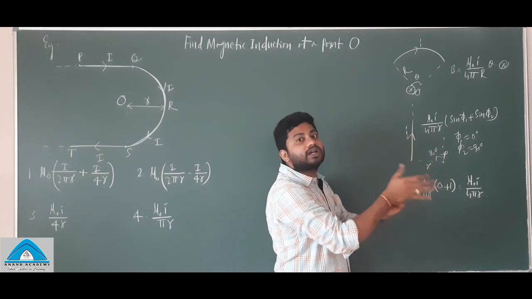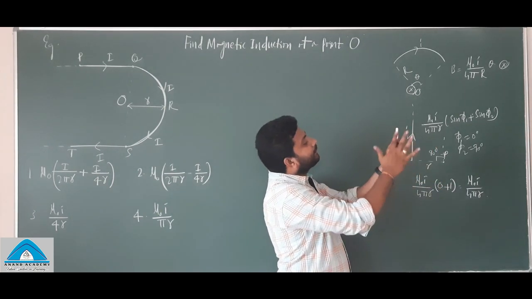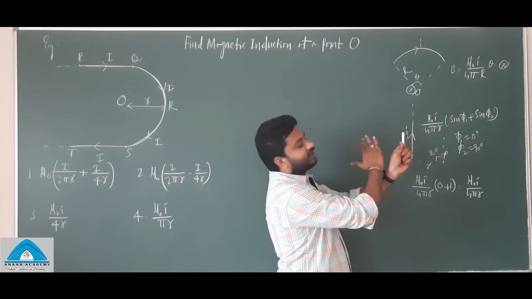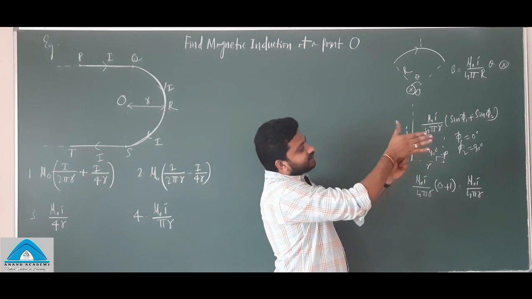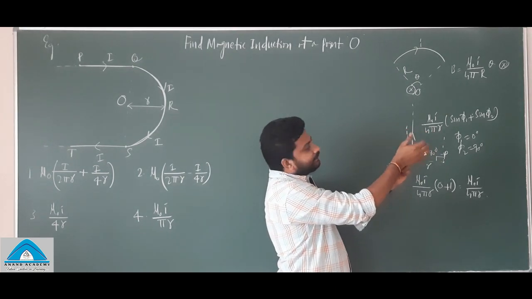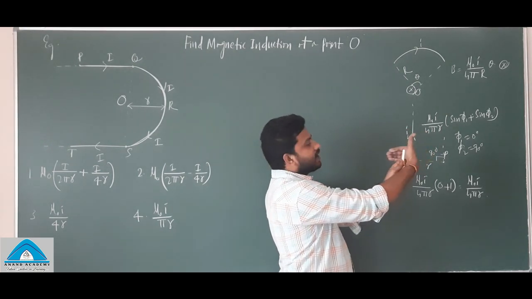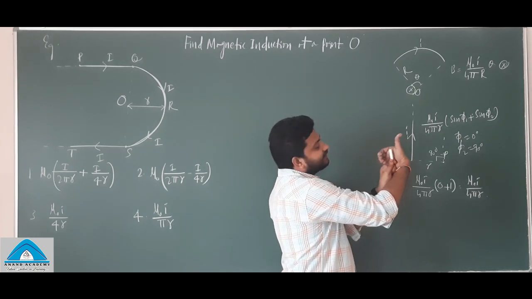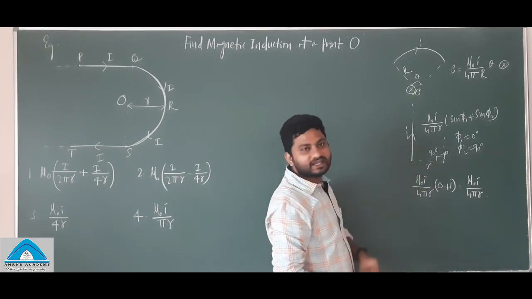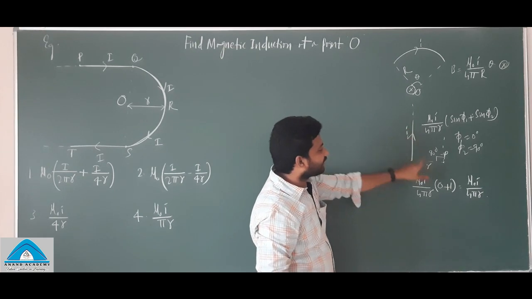According to the curve of the fingers, you can see here this is the wire, with its right side and left side. On the right side of the wire, the field lines are into the plane. On the left side of the wire, the field lines are out of the plane. So the same thing here, this is the current carrying wire.